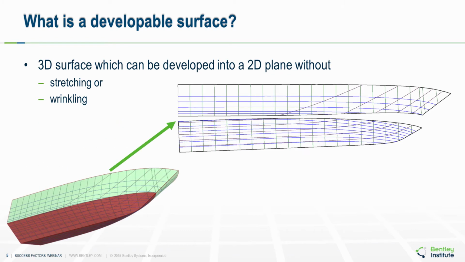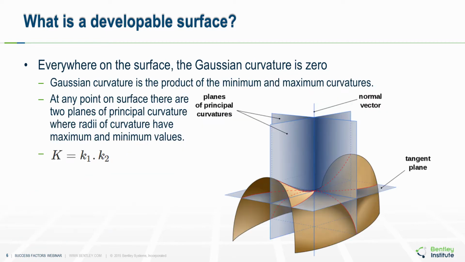So a 3D surface is one which can be developed into a 2D plane without stretching or wrinkling, and here you can see a ship sample with a top side surface and a bottom surface which can be expanded and flattened out into a 2D plane. So what is a developable surface? As we've mentioned already, a developable surface is a surface where everywhere on that surface the Gaussian curvature is